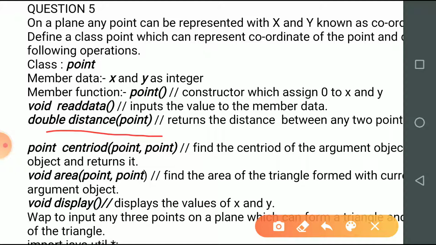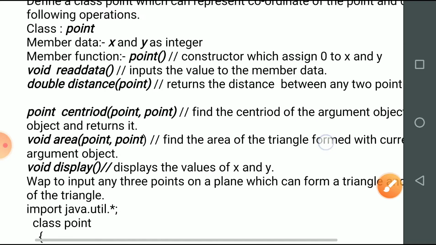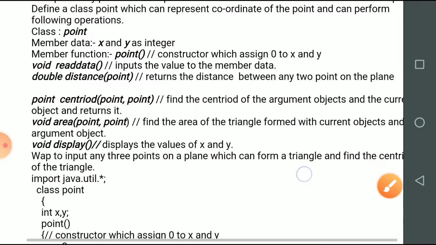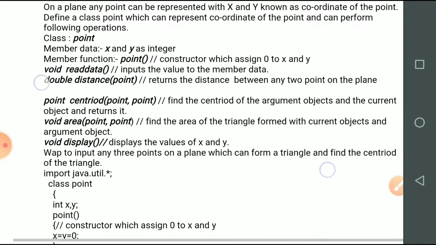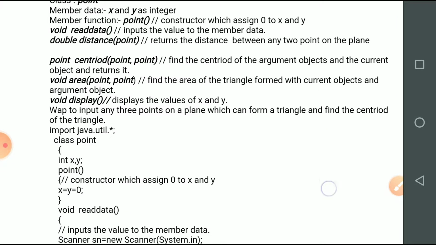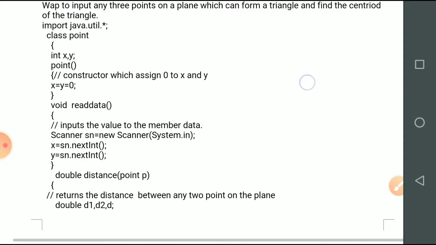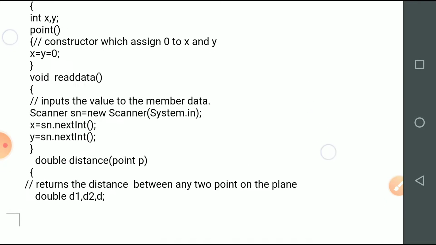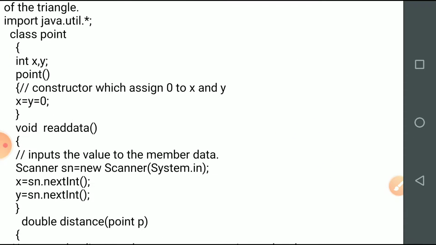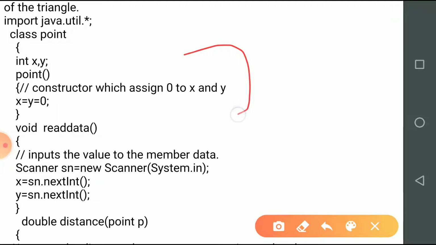Then the area function is finding the area of the triangle formed with the help of 3 objects. One is the current and 2 are passed to it, and also to display the value of x and y. So there we consider x, y as the member data. Then there is a constructor to initialize x, y with 0, 0.